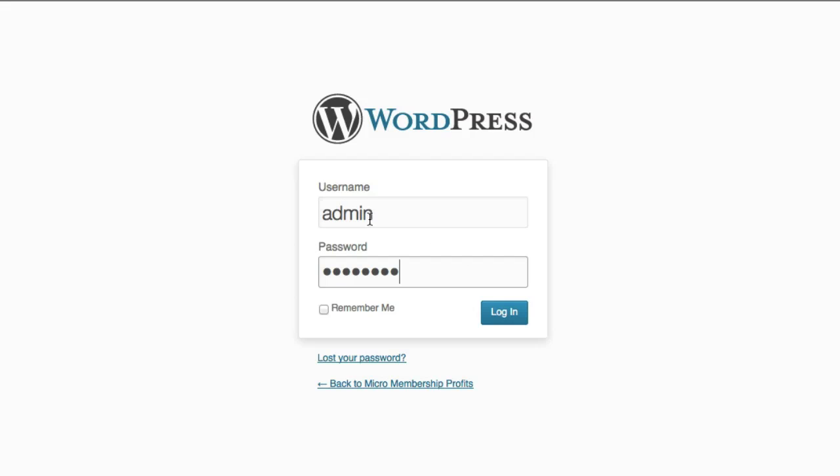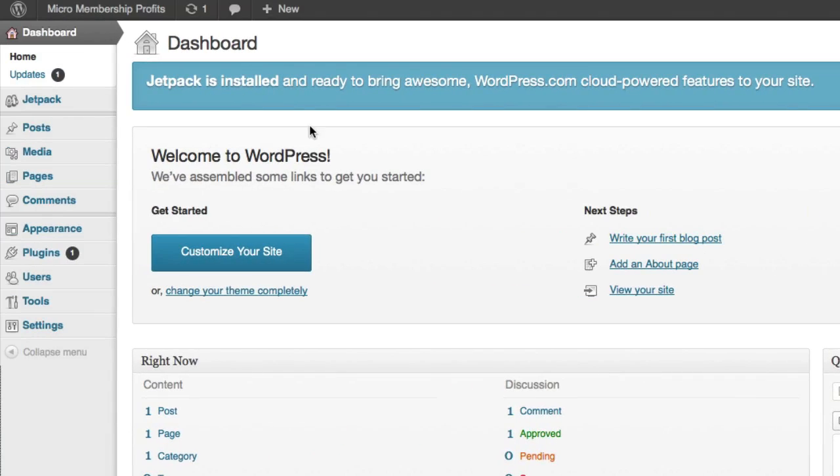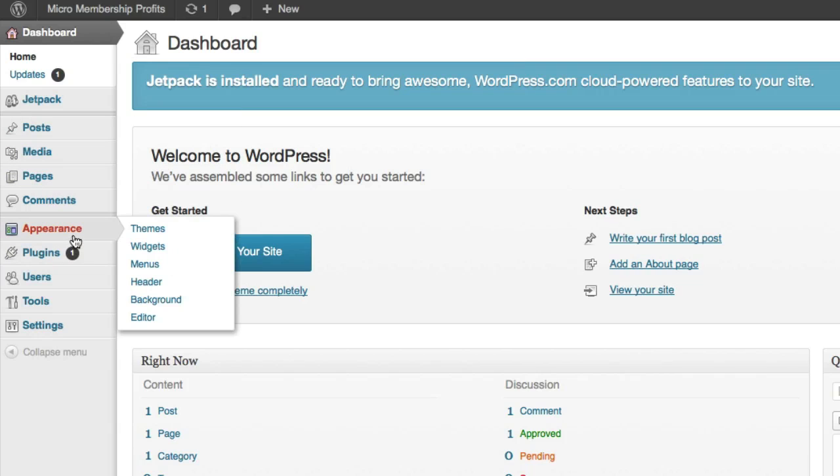So I've entered my credentials there, and then I'd simply click on login. All right, so this is the main dashboard that you see. Since we're only running a sales page for the main page here, we don't really need to configure much because we will be disabling a lot of the other plugins that we don't even need, but the default plugins